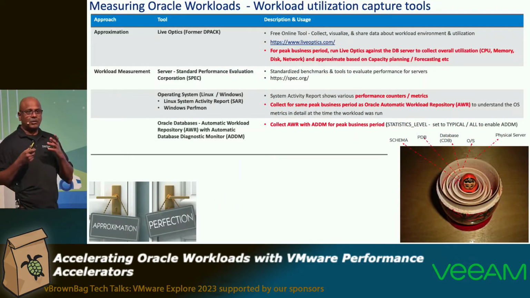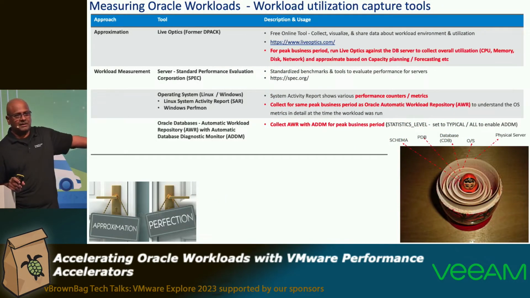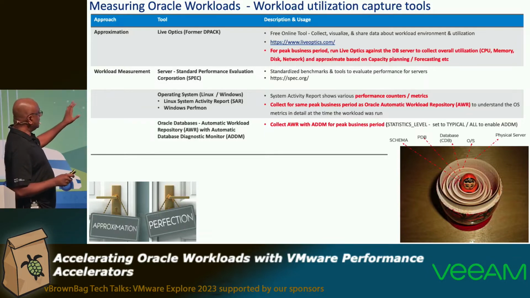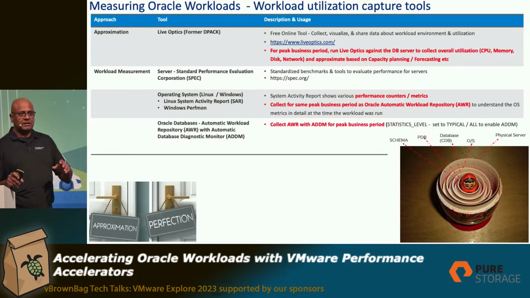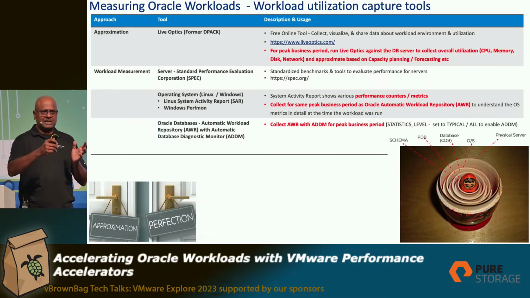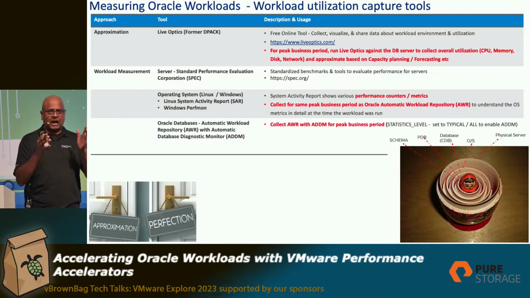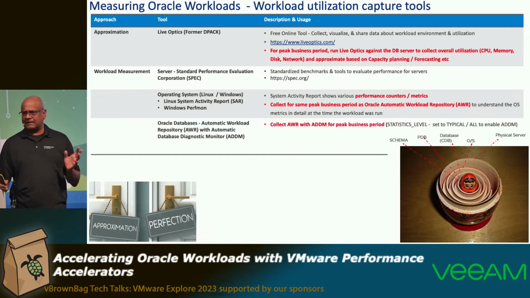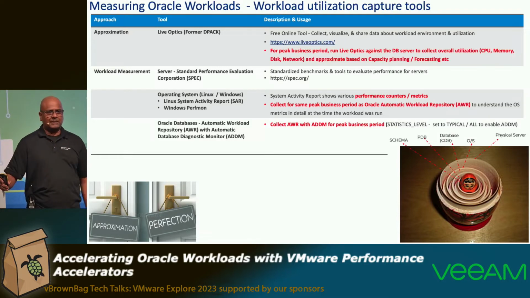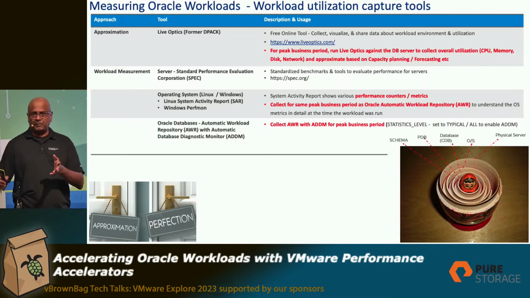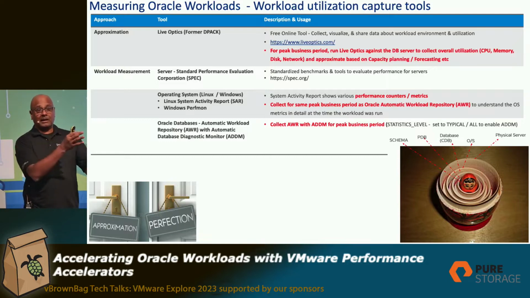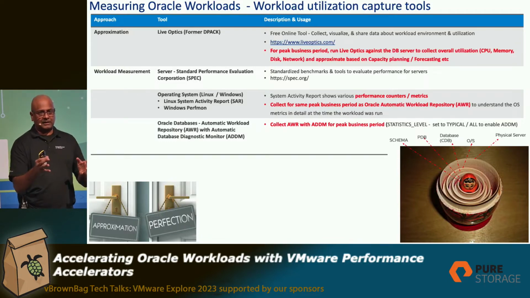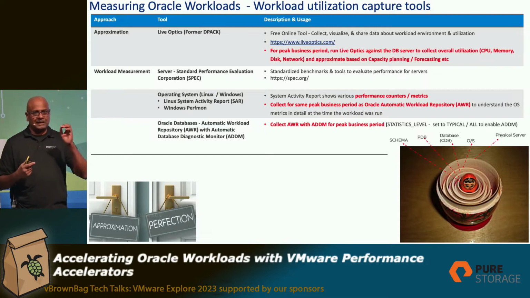What happens is when you start looking at those right sizing, and I don't know, people in the back can probably read those fonts, but I'm sure these slides or this recording will be available to you. Typically, like I said, if we have to approximate it, use Live Optics or the DPAC. Use those tools. What happens is if you run it for, let's say, a peak period, again, the magic here is how do we measure it? Should I just run it for Sunday and Saturday night when everybody's having a party? No. I have to go back to the business and ask, okay, what time does the business work? 9 to 5. What's the peak period? 9 to 11 is when it's peak. Okay, let me run the Live Optics 9 to 11, Monday to Friday. If I were to run it for 2 weeks, I at least know the peak.